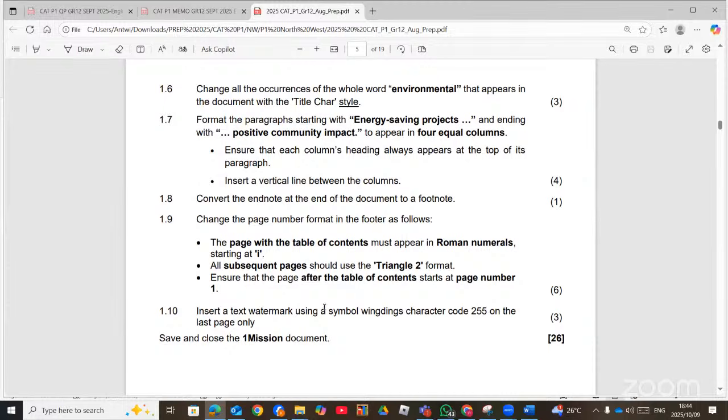Columns are done in grade 11, but even in grade 10, whenever they ask you to ensure that something should be on top of the first column or second column, then you need to apply what we call column break. So here we need to put them in 4 columns,